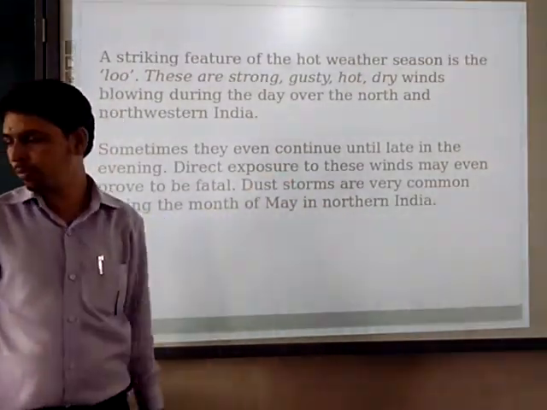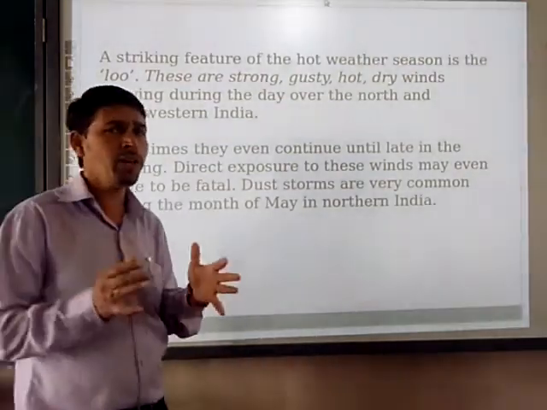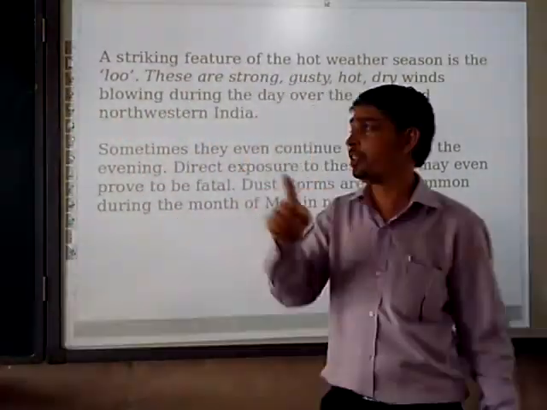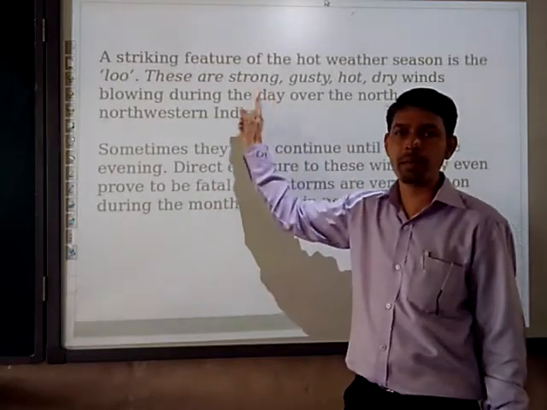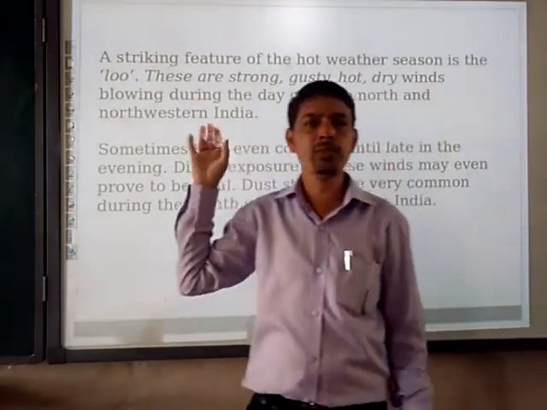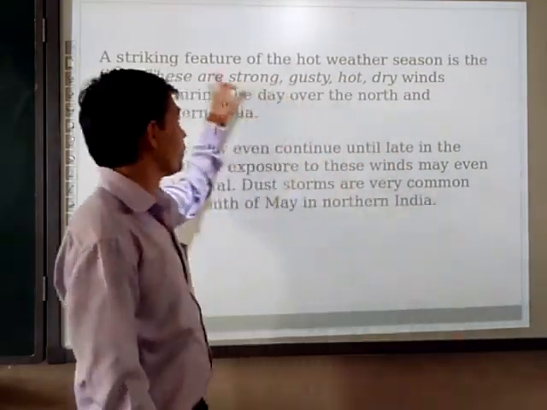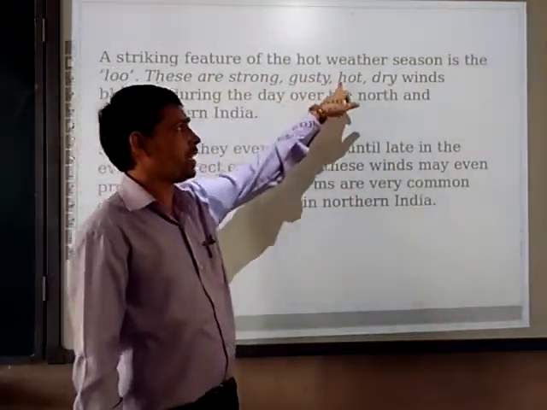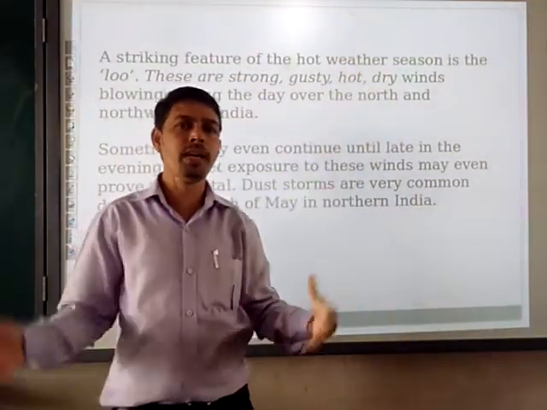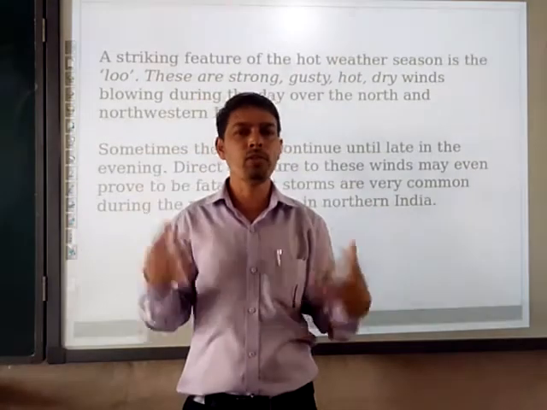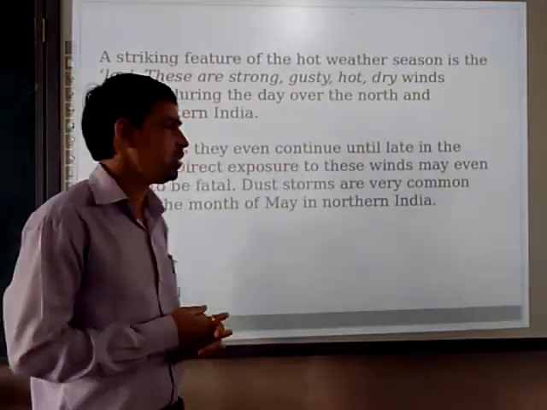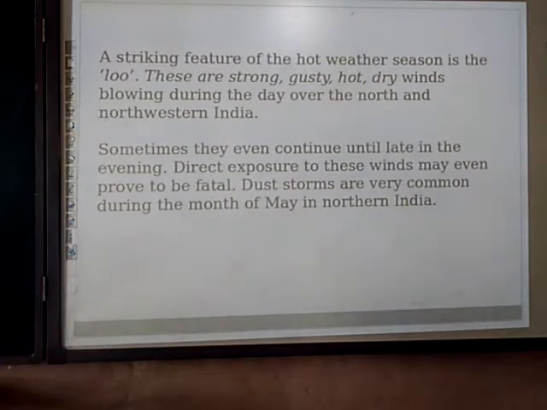As I stated, when you write about the characteristics of the hot weather season, the point of Lu is the most important one, right? Then the next point about this wind is that it is very dangerous because they are strong, gusty, hot and dry winds, right? And because of that, if we come in contact with that wind, we are going to fall sick. We are going to be in a painful situation. Then next,